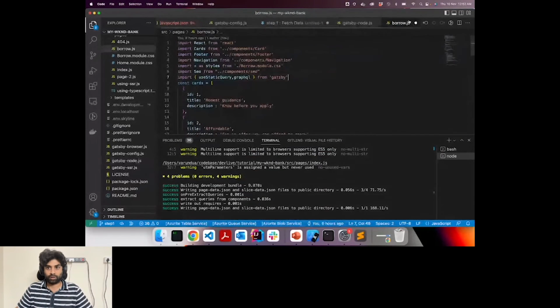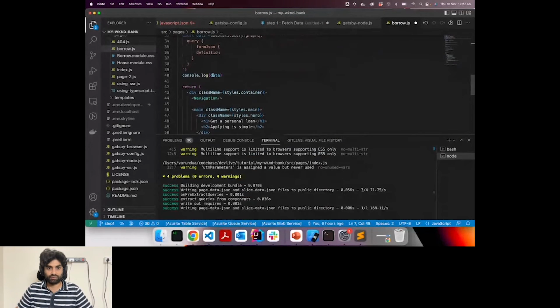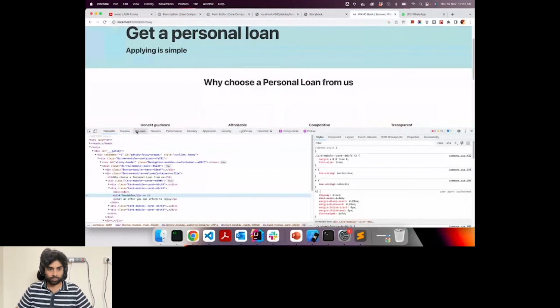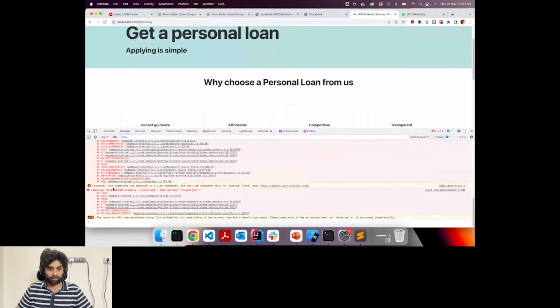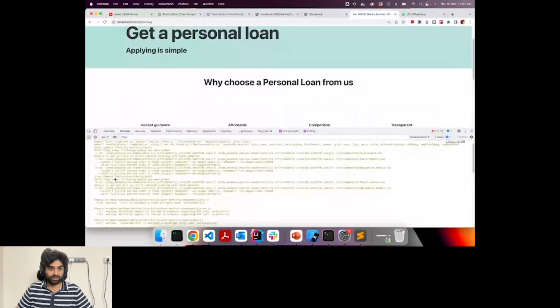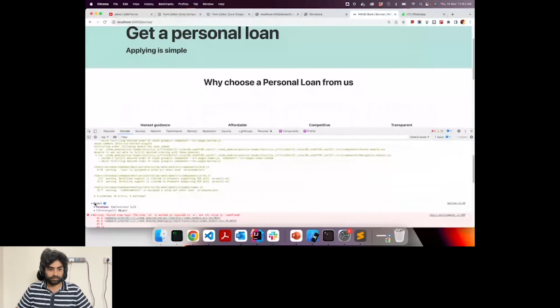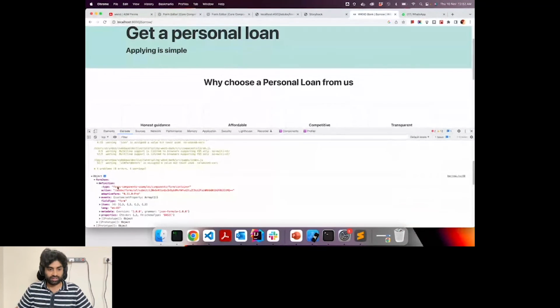So for now, if you look at the borrow page, what we have done is we have just logged the data, and if you go to the console, you can see the form definition being rendered here. It has come up.